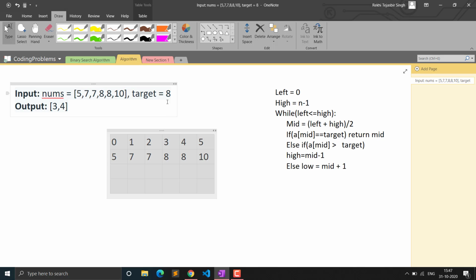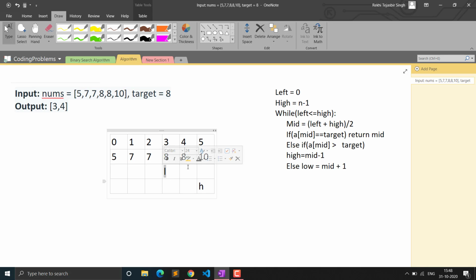So if you see now, in this problem we are searching for the target value 8. So that means we are searching for the starting index of 8. If our left is here and high is here, and we calculate the index, 0 plus 5 by 2 will be 2, because we are taking the int value, so mid will be coming here. Now if you compare this mid with the target value, it is not equal, so that means we will have to search after this. So we will simply set left to mid plus 1, so it will be coming here.